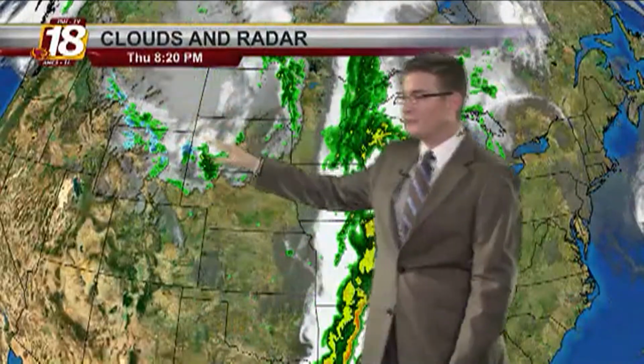Now if we go ahead and take a look at the bigger picture, there is our second system that will continue to slide into central Iowa early tomorrow morning. We're starting to see some snow showing up on radar, and maybe we'll get a hint of that here in northeast Iowa. Showing Futurecast, there's that low pressure system that will continue to slide out with our second front